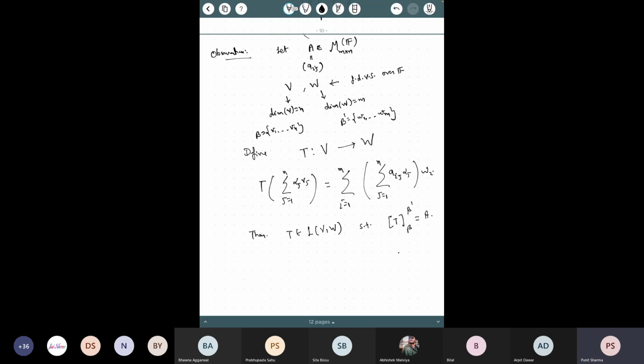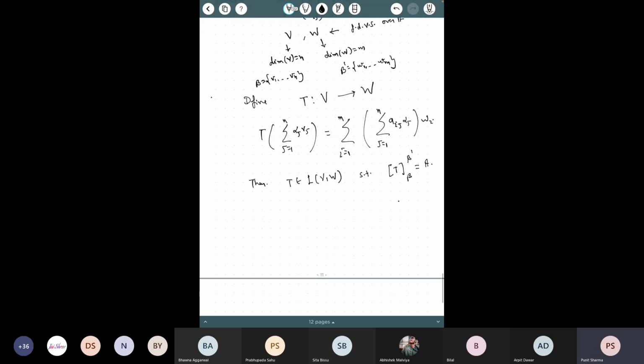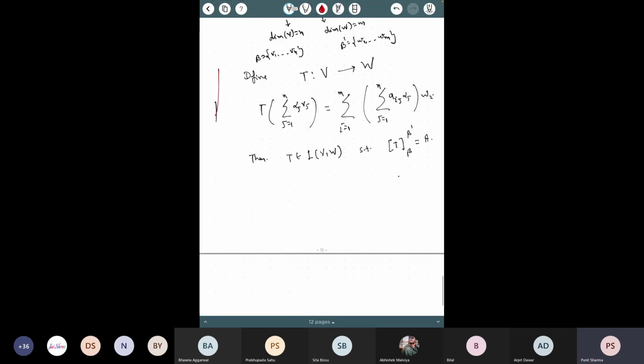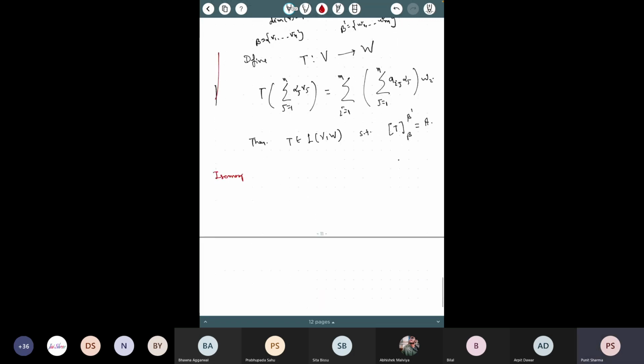So let me define now, I'll use this in the next definition. Isomorphism. What is an isomorphism? Suppose we have two vector spaces V and W over the field F, and T is a linear transformation from V to W. Then this T is called an isomorphism